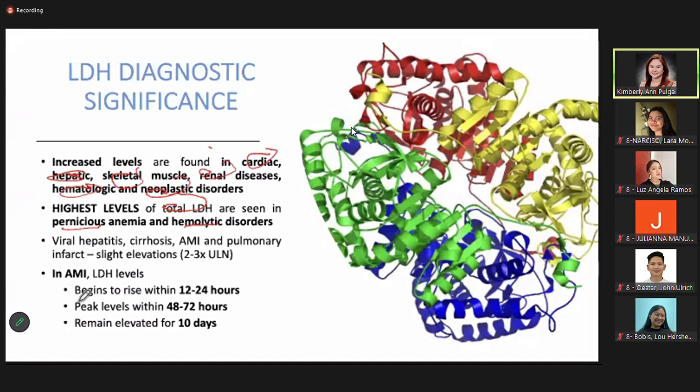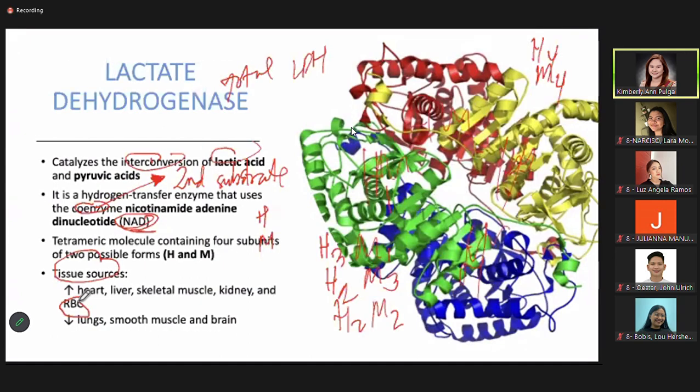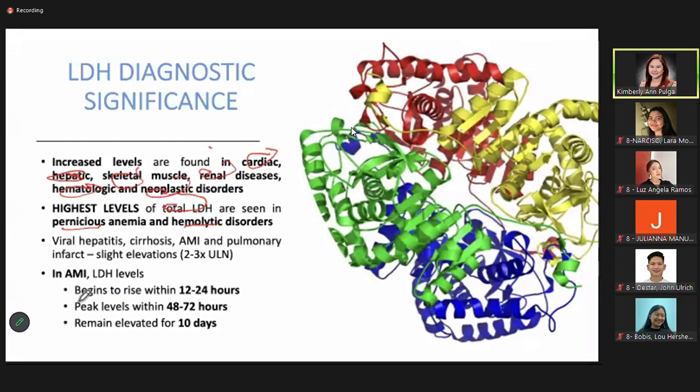Okay? LDH can also be observed in your viral hepatitis kasi may source din tayo dyan, liver, right? Cirrhosis, AMI sa heart, diba? And pulmonary infarct. As a matter of fact, you will observe slight elevations 2 to 3 times the upper limit of normal. Okay, 2 to 3 times the upper limit of normal. And your LDH can also be